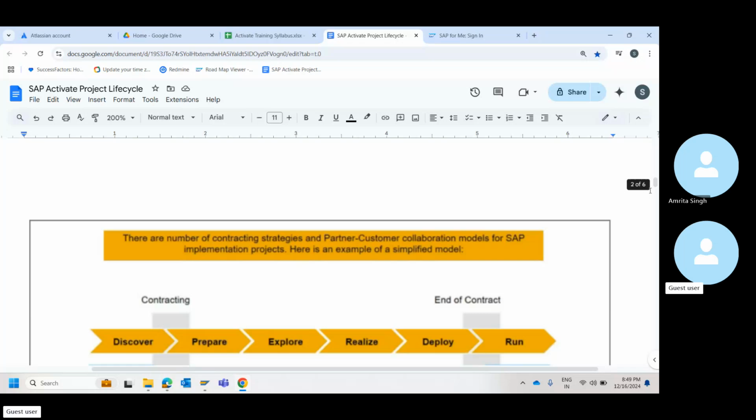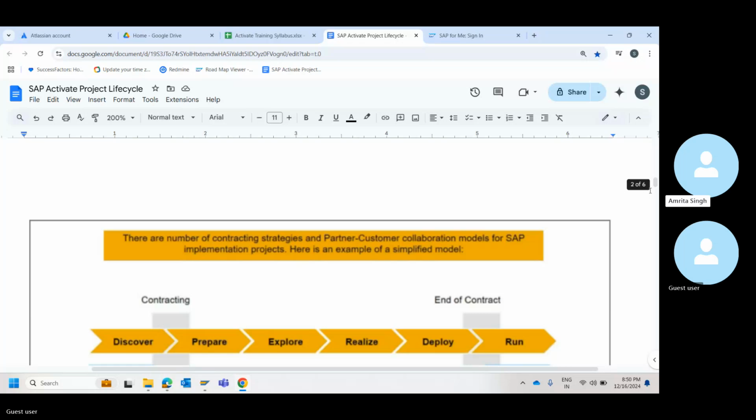Now let's move on to deploy. In deploy, we will set up the production environment. In this production environment, we will move whatever we did in the realization phase, the configuration, coding, and the testing.